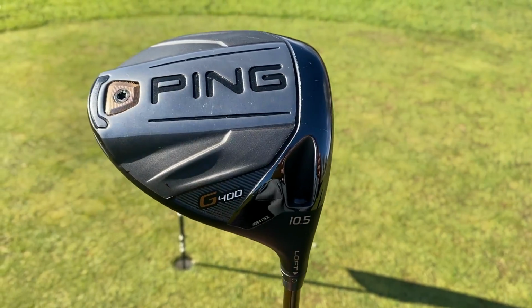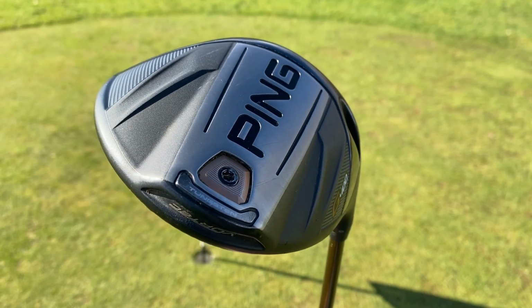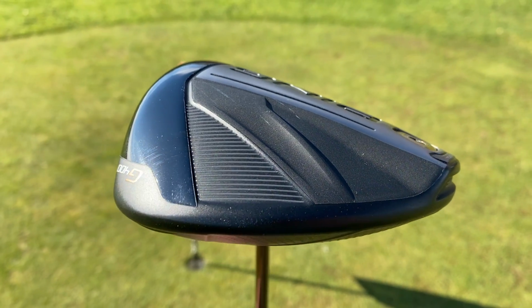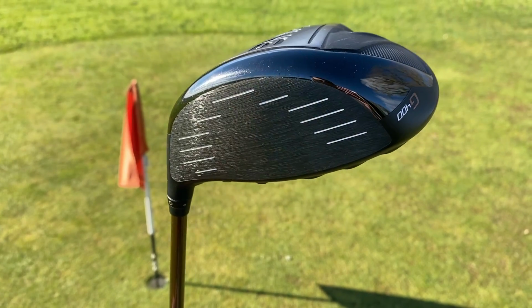And against the Epic and the Rogue around that time as well, these were very much high launching, low spinning drivers that were just designed and destined to give you that one long ball that goes a mile, especially for the big hitters. However, for your average golfer, and as I said at the start of my video,